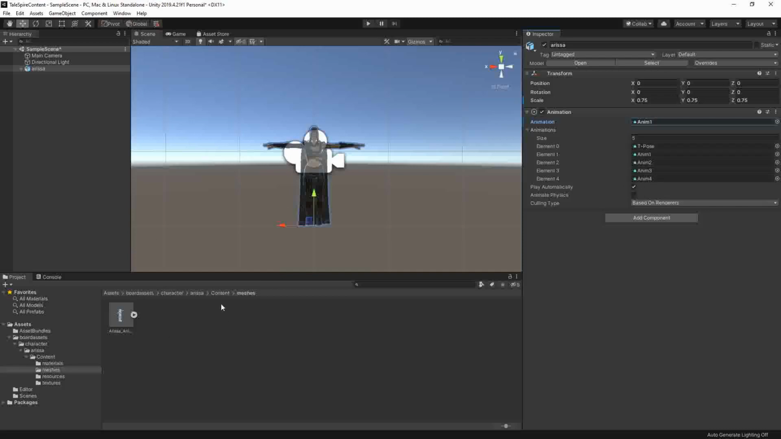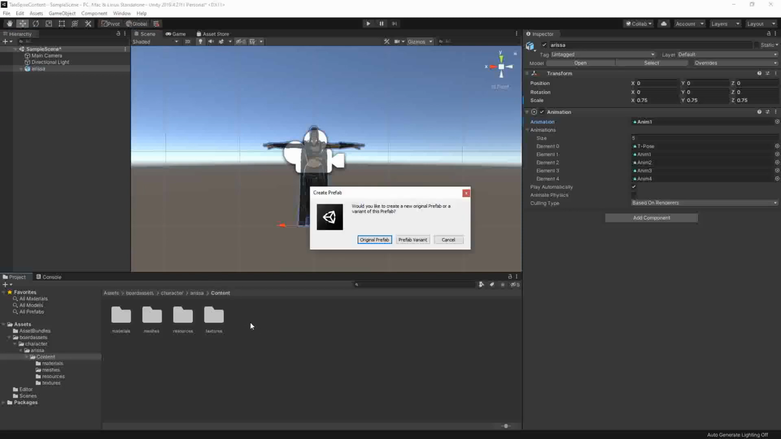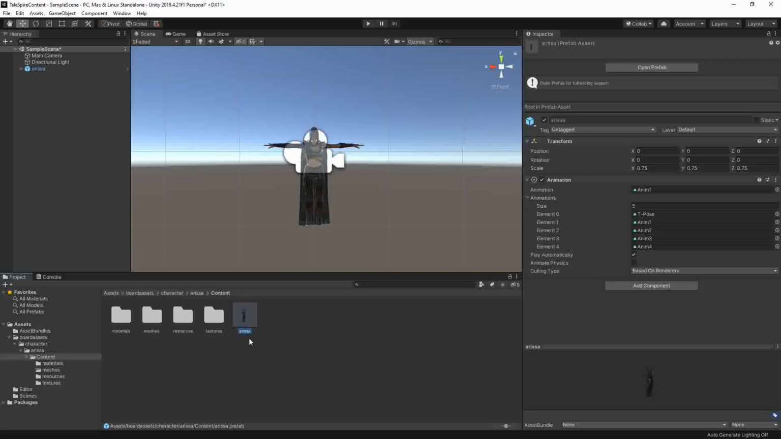So the last thing we need to do is go back to our content directory. We're going to take the Arissa in our scene, pull it back down into the content folder. This is going to ask if you want to make a original prefab. Select the original prefab. Okay. Again, important that the name here matches the asset bundle, matches the folder structure. That's important for the custom mini plugin. It's not necessary to use your asset bundle anywhere else, but for custom mini plugin, all those have to be